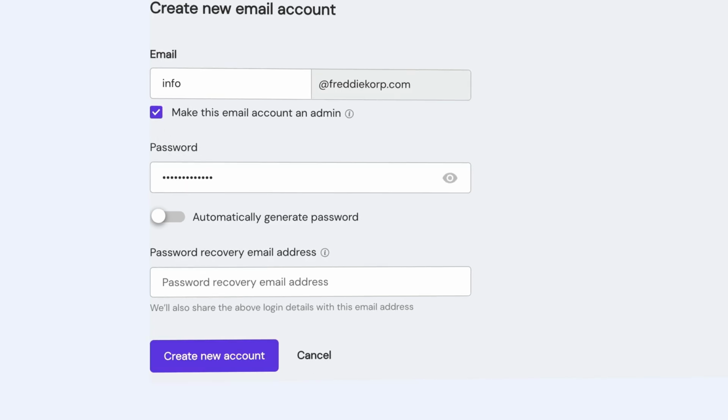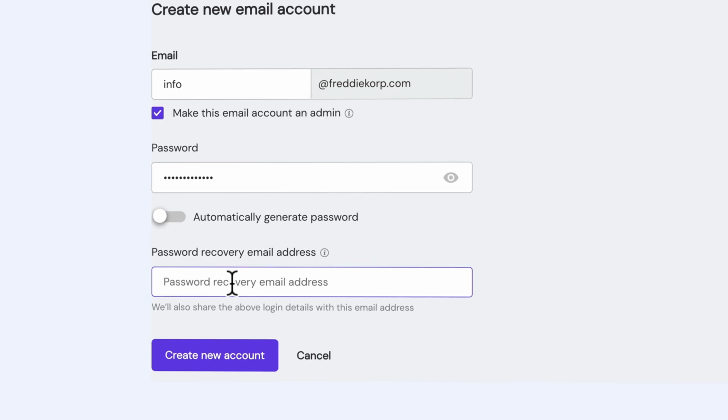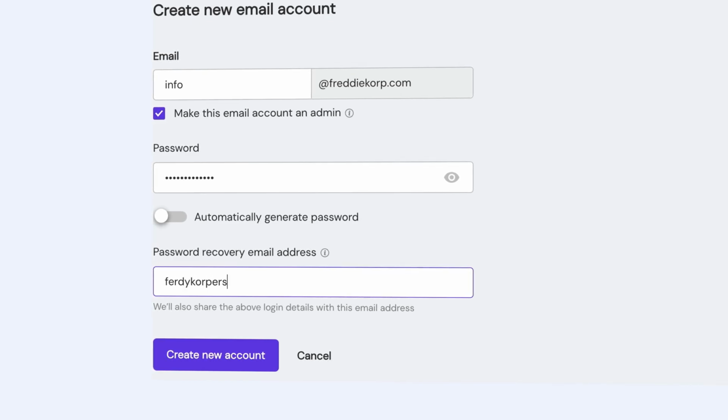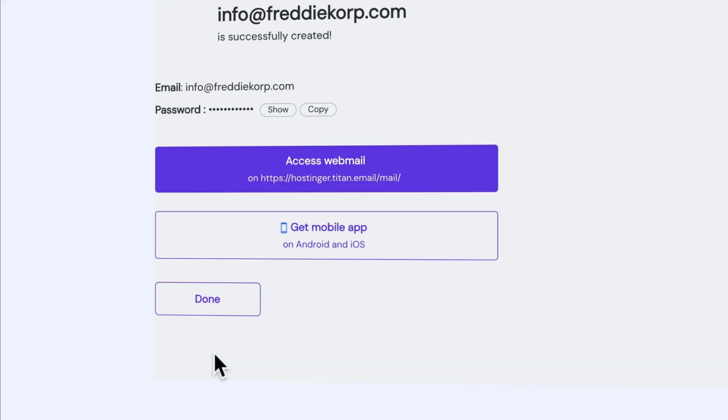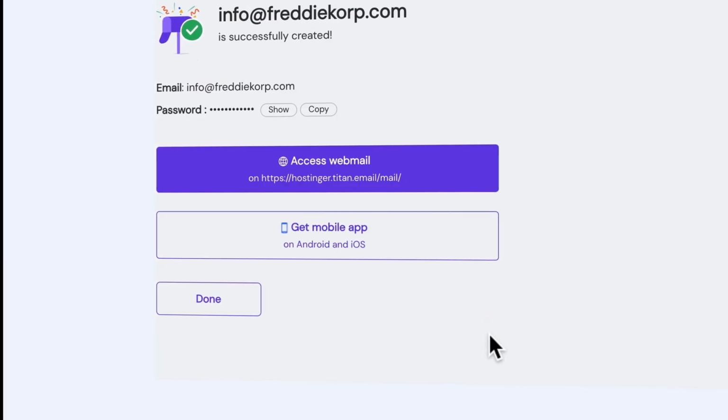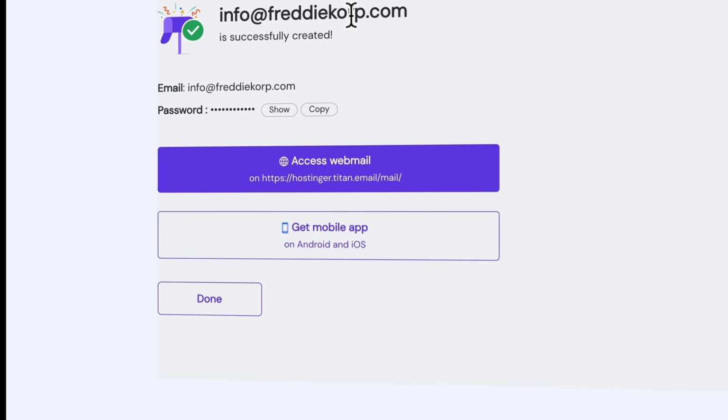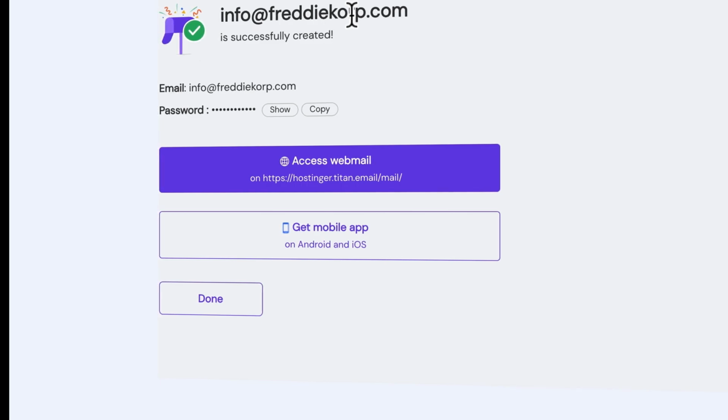And I want to fill in a recovery email address. So another of my email addresses, so when I mess things up with a password, I can recover it over here. So I fill in a Gmail account over here. And I click on Create New Account. So now my email account info at freddycorp.com is successfully created, and there are a few ways on how to